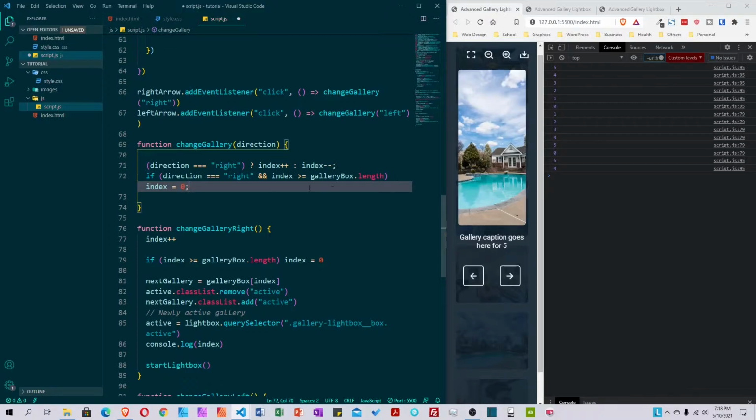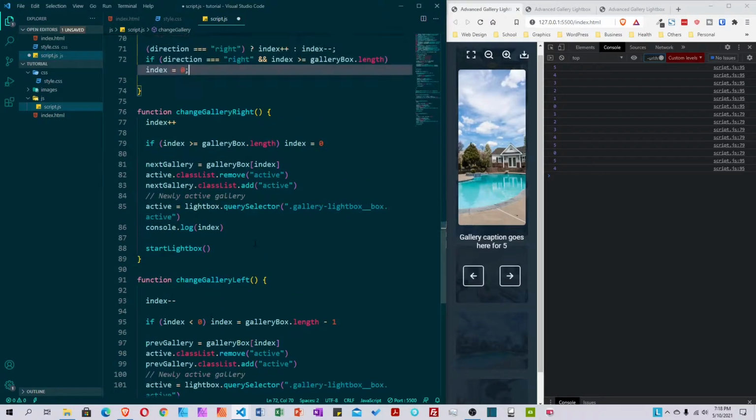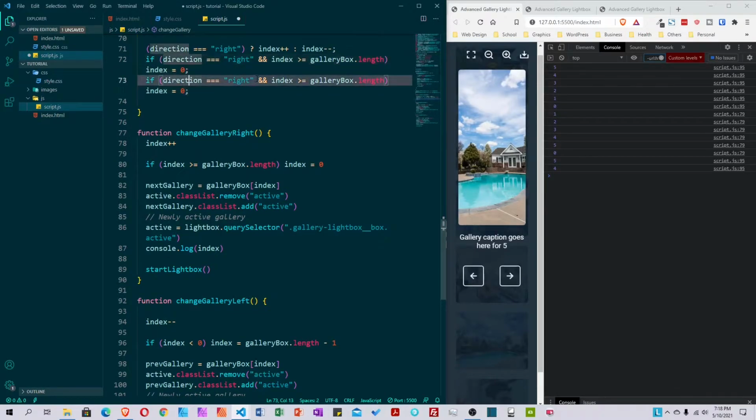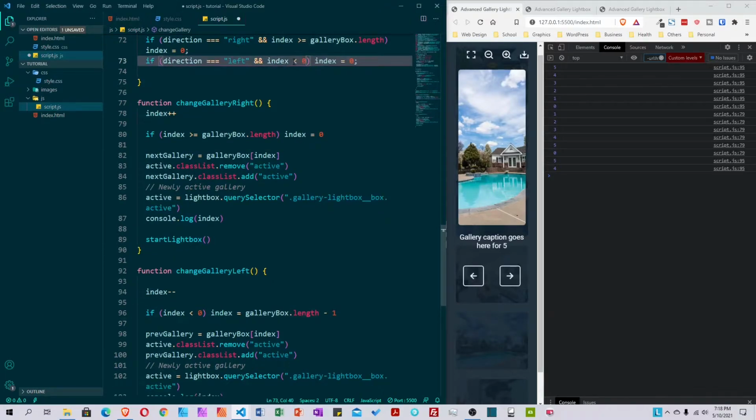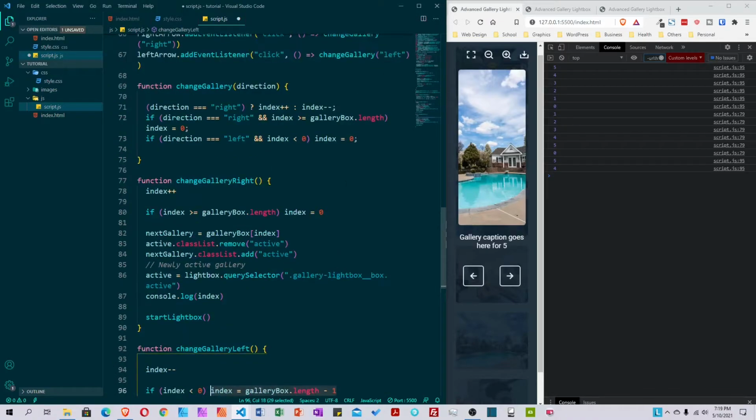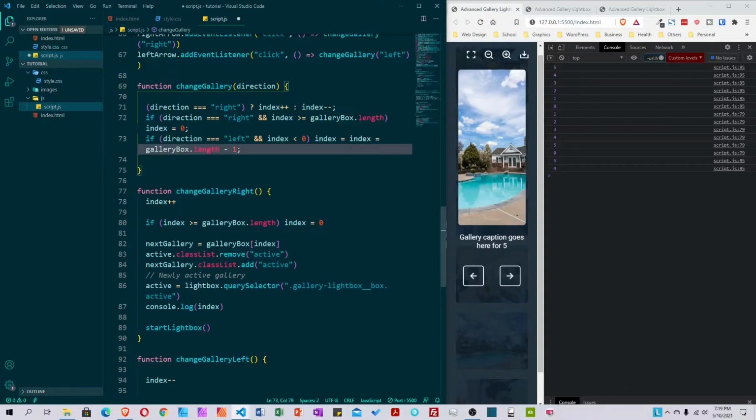And we will do the same thing for this one. So I'm just going to copy, duplicate this one. See direction goes left, in this case left, and the index is less than 0. Then we're going to set the index to this. Okay,